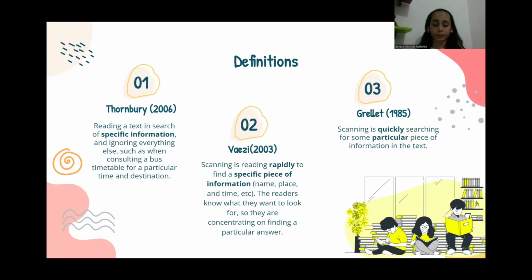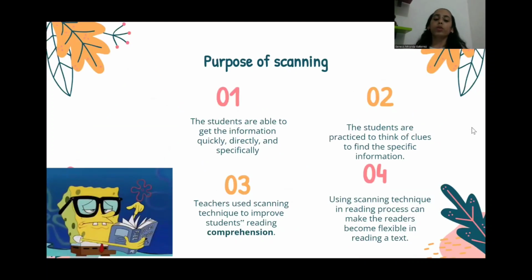What are these aspects? First, specific information. We can conclude that scanning is looking for a particular, specific piece of information in the text. Also, we can say that it's rapid and quick, so it's in a short period of time. So, moving to the purpose of scanning,